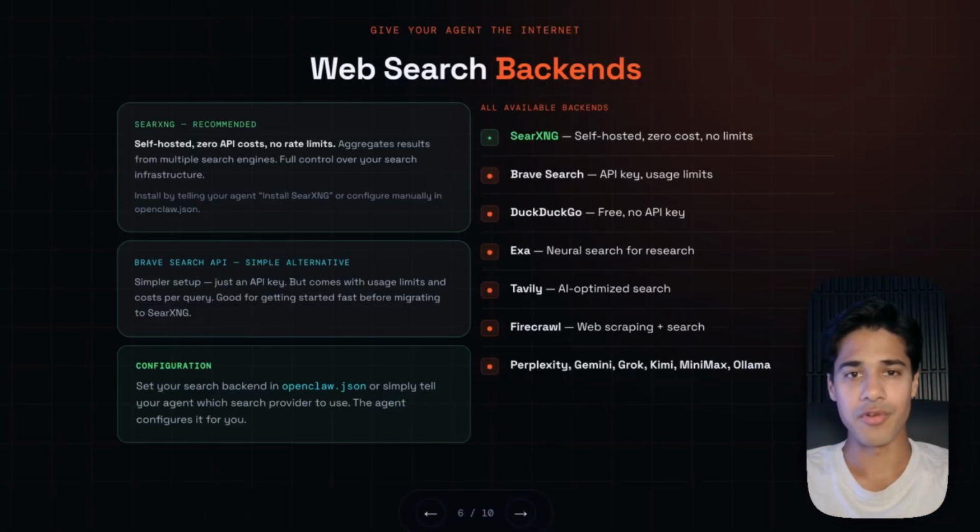So you can use DuckDuckGo for free no-key search, Exa for neural research queries, Tavily for AI-optimized results, Firecrawl for web scraping combined with search, and then the model integrated options like Perplexity, Gemini, Grok, Kimi, Minimax, and Ollama Web Search. You can configure your preferred backend in OpenClaw.json, or just tell your agent which one to use and it